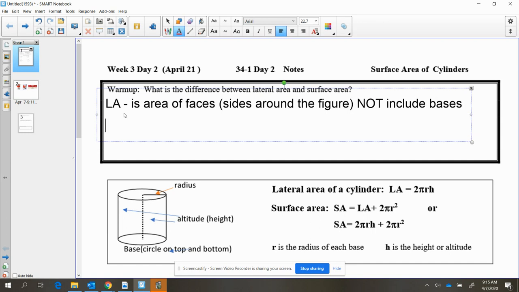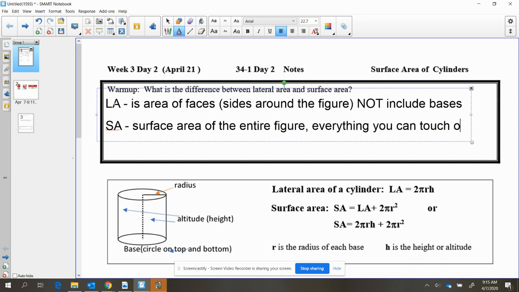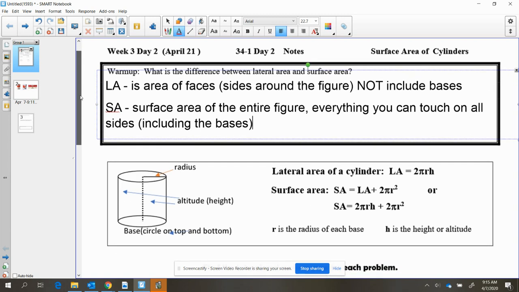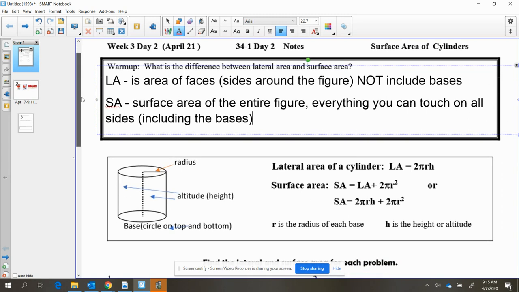On the other hand, the total surface area is the surface area of the entire figure. Everything you can touch on all sides, including those bases, not included before. Okay? Now today we're going to shift our focus from the lateral area and surface area of prisms to the